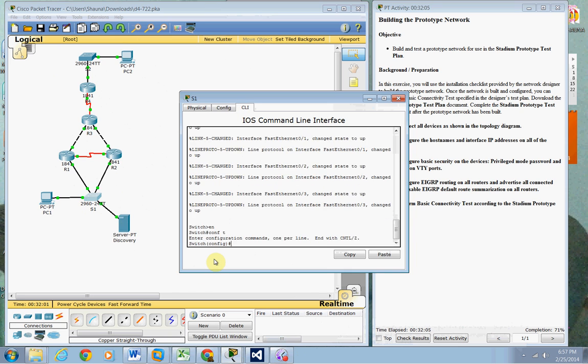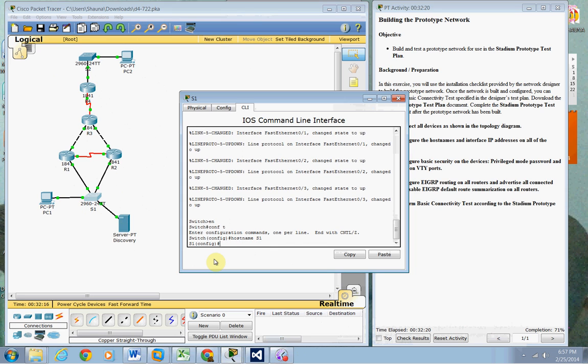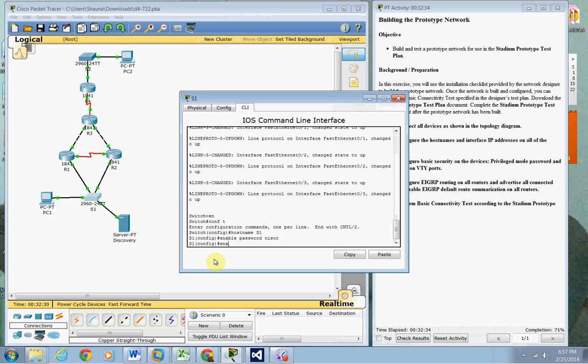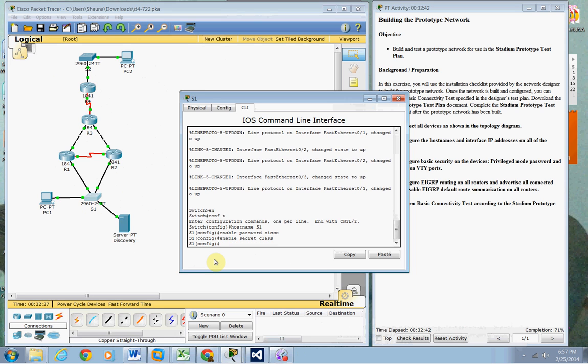Hopefully. We're going to do host name S1, and then we're going to enable password Cisco, enable secret class. We're going to put in our IP default gateway, which is 172.18.8.1,